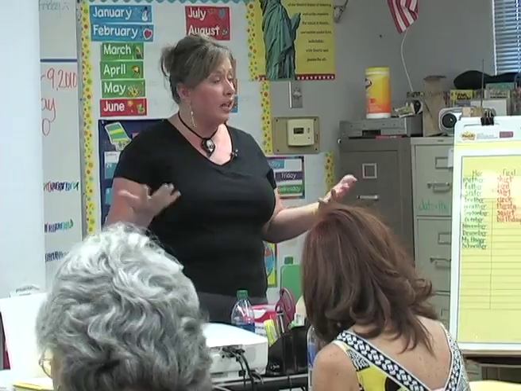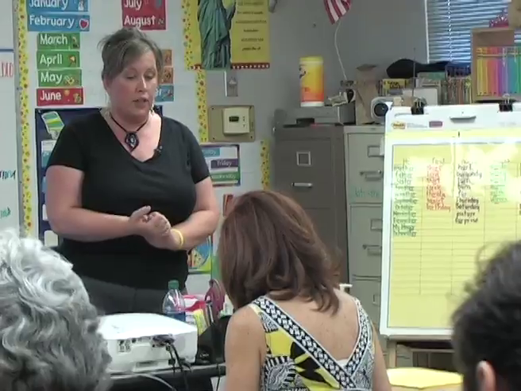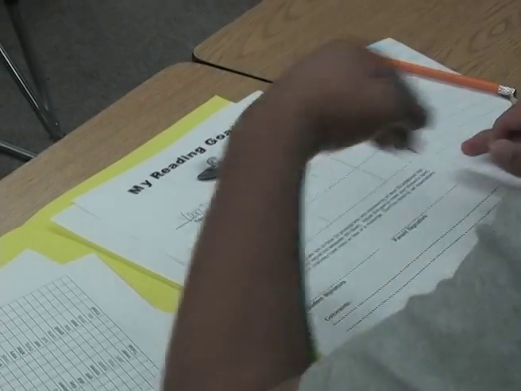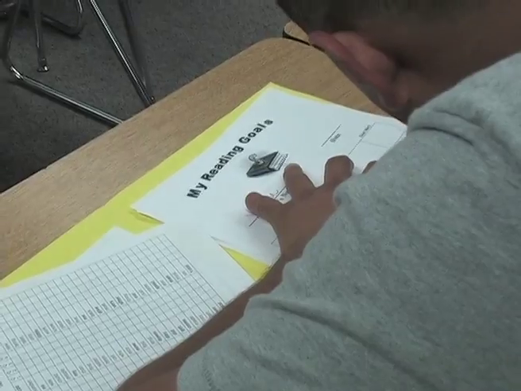So at this point, why don't you take a look at the goal sheet in your folder. It'll say My Reading Goals on the top with a bookworm. Has your student's name on it. And take a look at the data. Take a look at the graph. And this is a goal that you're going to make for your child. This is a goal that you're going to think about how your child's doing, knowing your child how you do, knowing your student how you do. What do you think is a realistic goal for them in the next 60 days? Then go ahead, write down where they are at currently, write down the goal, and then you can sign it at the bottom. We're going to leave this here with your Spalding contract. I will make a copy of it and send it home with your student tomorrow.